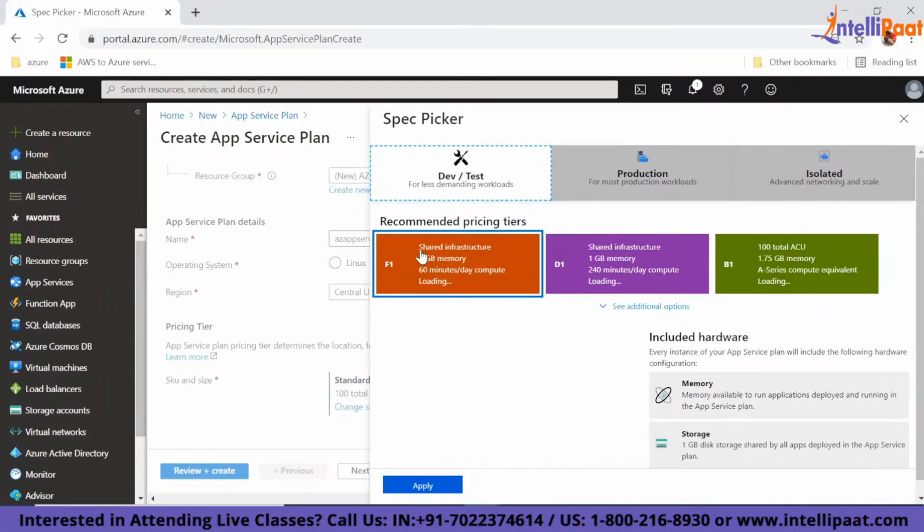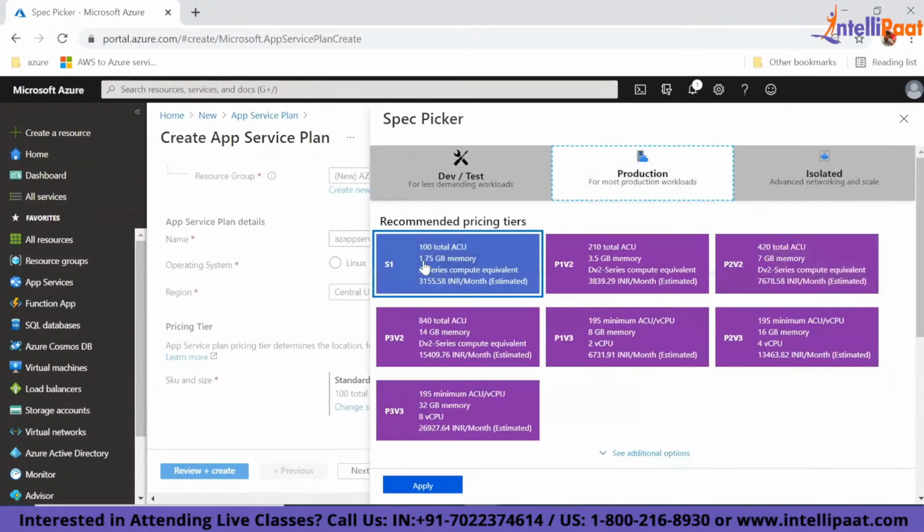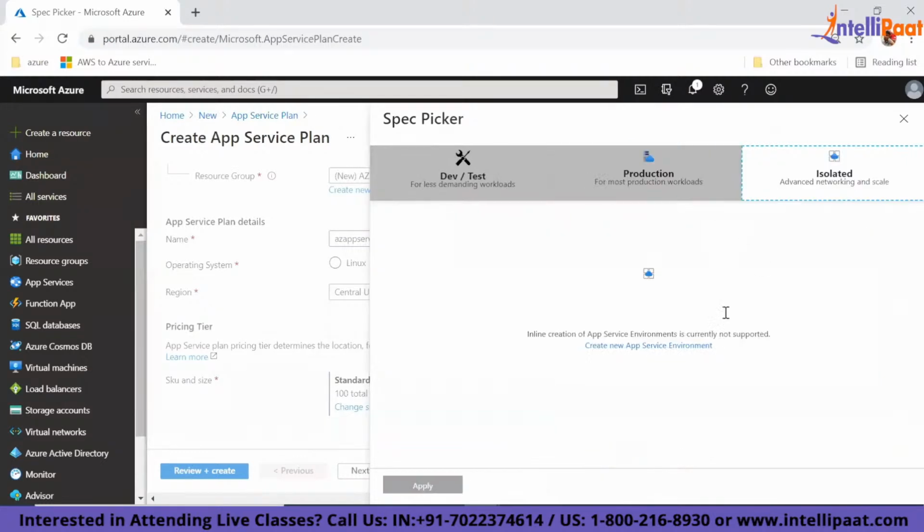So in dev test, you will see there is a shared infrastructure. And if I go to, you can see this D1 is also shared infrastructure. And if I go to production, these are all dedicated instances, what we talked about, say dedicated and isolated. So in production, you see these are all dedicated instances. And in isolated, it's something where you will get the network isolation.